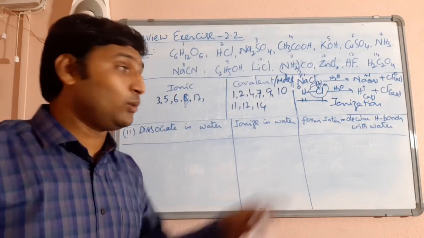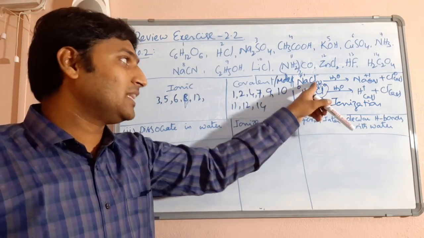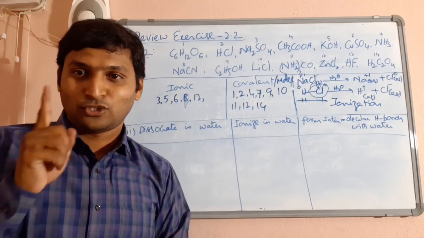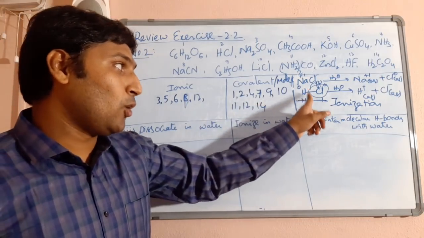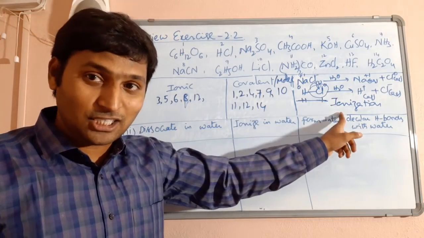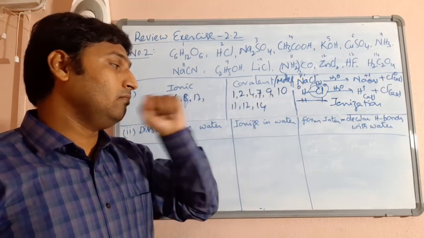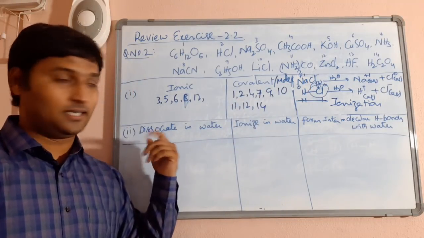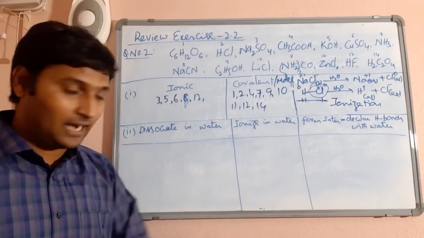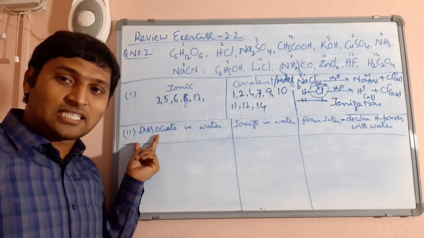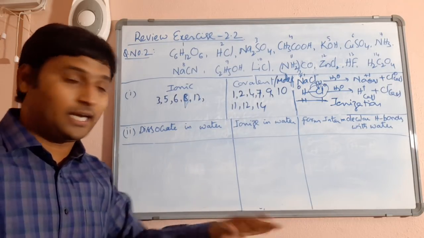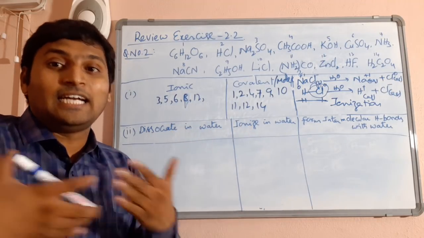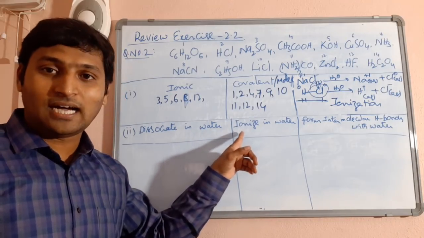When ions are formed, you call it ionization. Whereas when the existing ions are simply broken, you call it dissociation. So please understand, covalent compounds undergo ionization in water, whereas ionic compounds undergo dissociation in water. The difference between the two words is that if they are already ions and just their attractions are broken to make them independent, you call it dissociation. Whereas if neutral particles are turned into ions in the solution, you call it ionization.